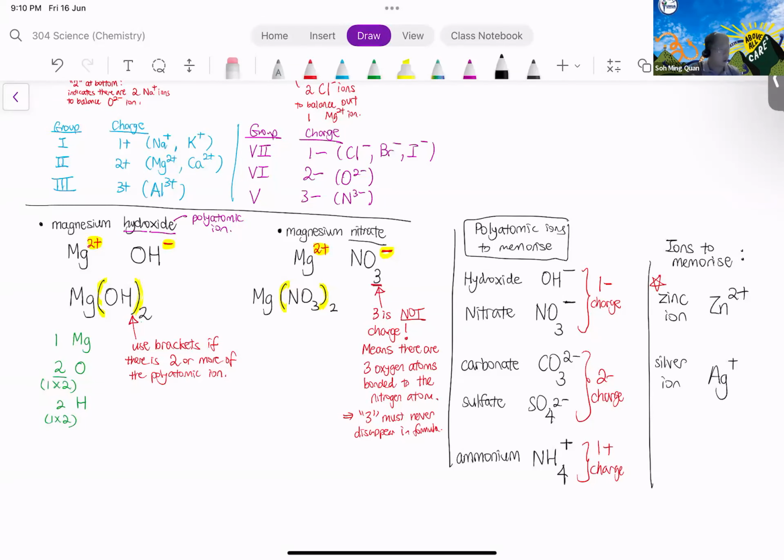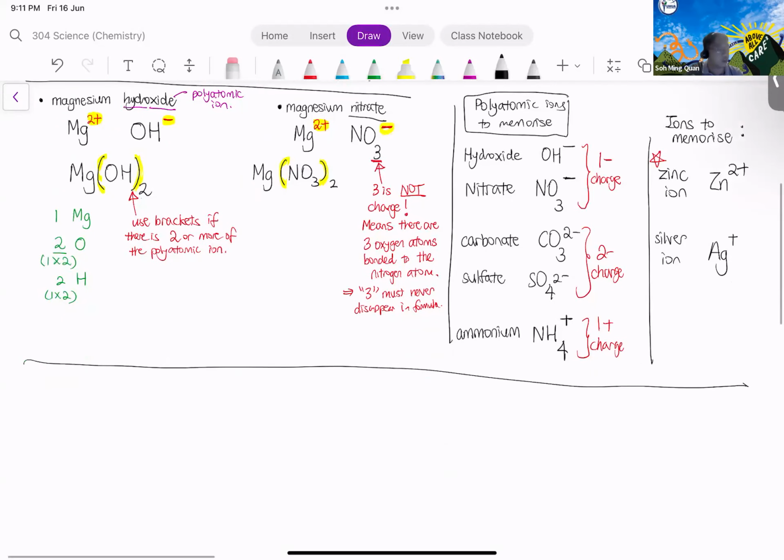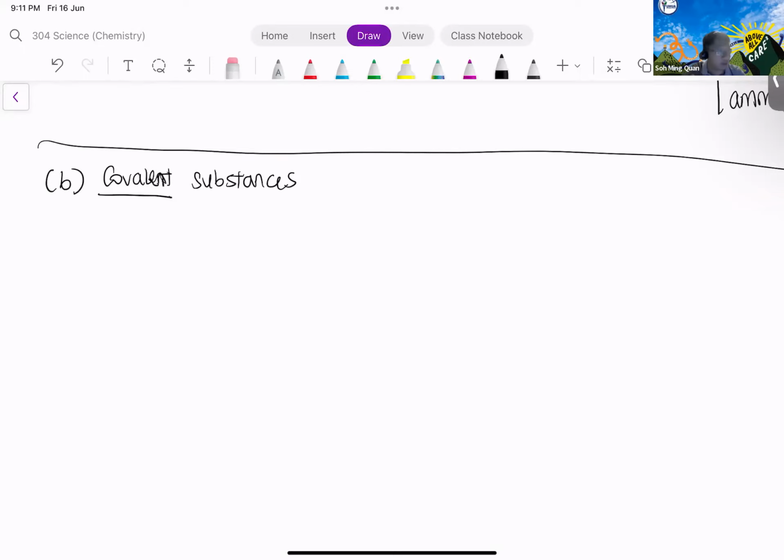So now we're going to move on. I shall quickly move on to covalent substances. So far we have been dealing with ionic compounds. Ionic compounds contain metals like magnesium, sodium. But now we move to the covalent substances. Covalent substances. How do you know something is covalent? Something is covalent if it contains